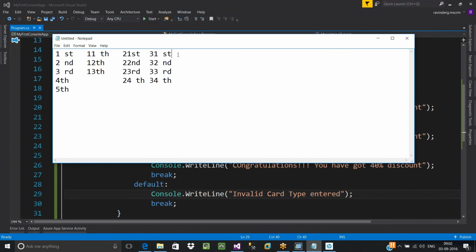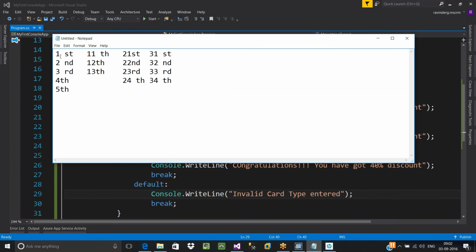Okay, see, you have to automate the process of sending birthday emails to the user. While sending some anniversary emails, you'll have to pick up the number and decide which suffix has to be concatenated with that number, whether it is ST, ND or RD. If it is 1, it should be first.